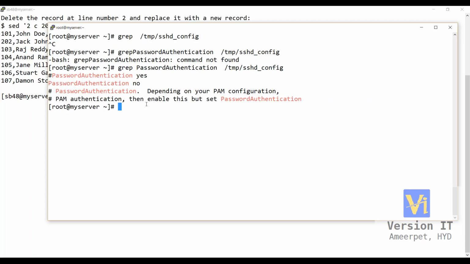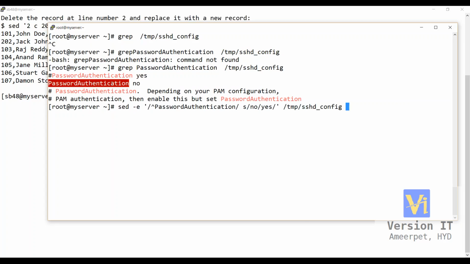The second line doesn't have the hash symbol. So now what I am going to do is sed -e, so I don't have the hash symbol, right? Other things are starting with the hash symbol. Here I want to start with PasswordAuthentication, with the caret symbol. We already talked about this one. So starting with PasswordAuthentication, search for no and replace it with yes, and the file is